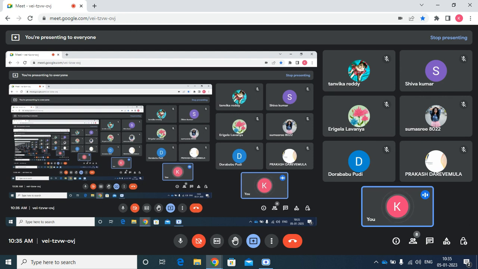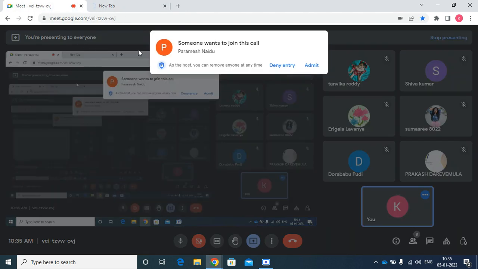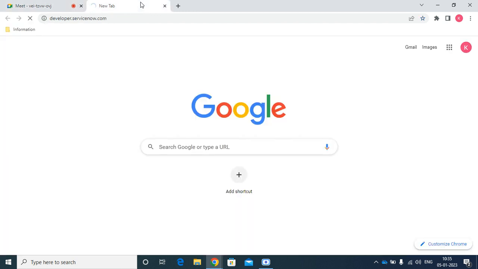Right now in ServiceNow, to access it, we first need to log into developer.servicenow.com. From there, we will request an instance and we can see the same thing. Somebody is joining. So the website name was